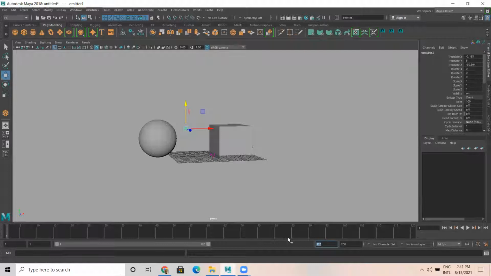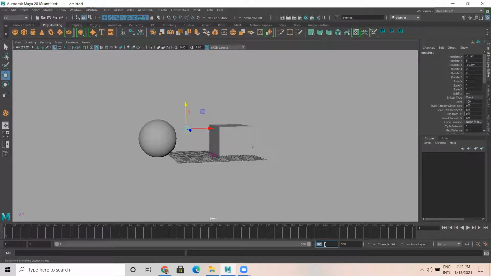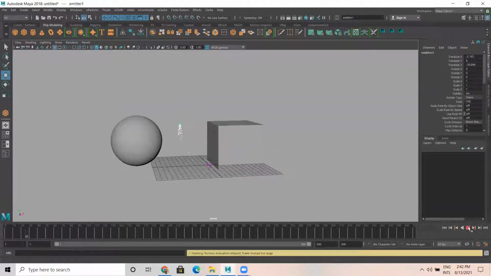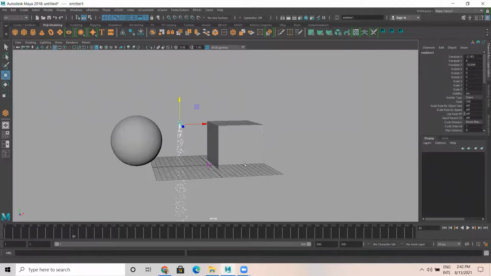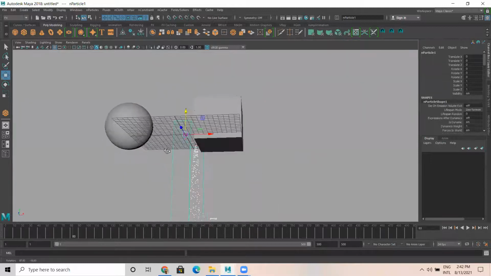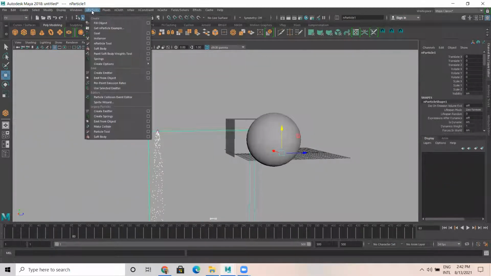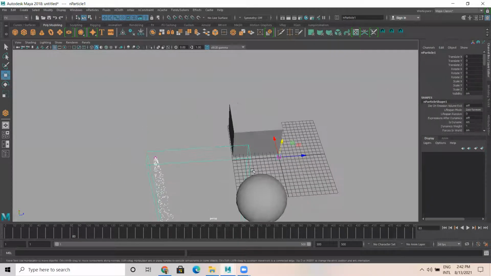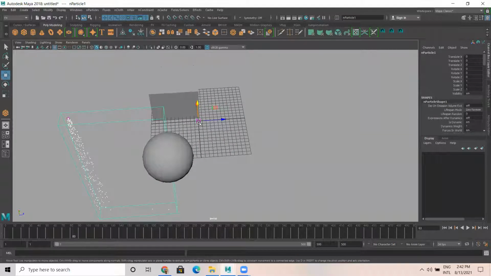Okay. So what's happening now? I'm just increasing the frames to 500, and here when I start playing, now see there are so many particles which are flowing here. I think I have chosen n particles. I haven't chosen the legacy particle here. So in n particle, I think I have used create emitter here. I was supposed to take this one. So this is the difference between n particle and the normal particle. N particle comes with a gravity by default.